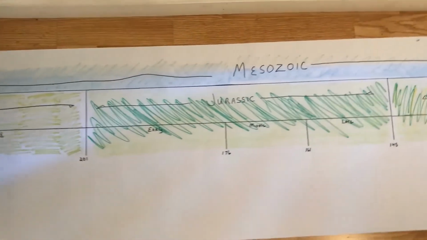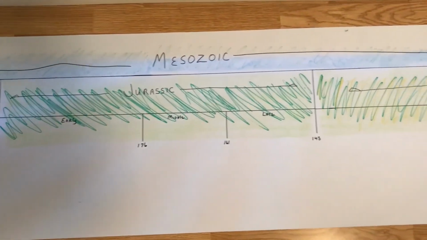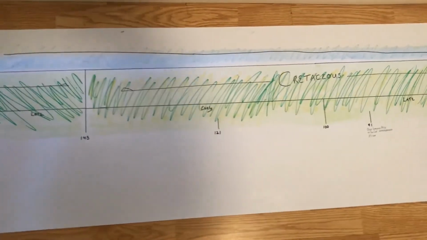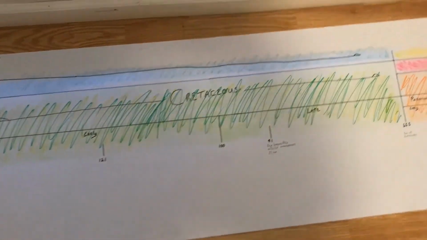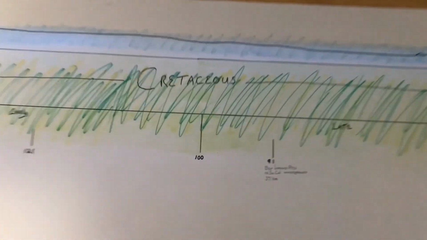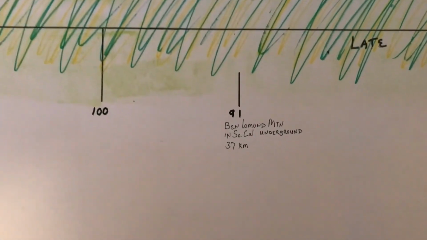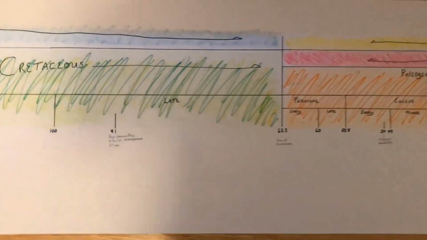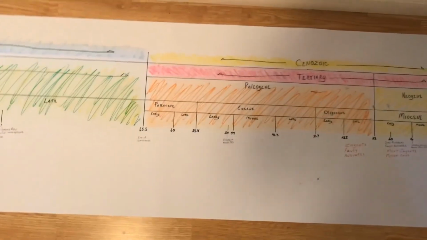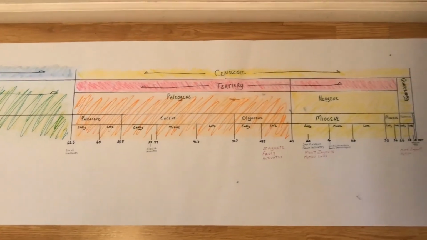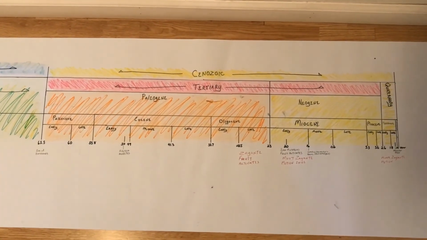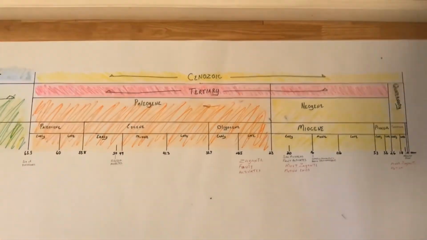And for me to better understand where things are and what happened during those times, so I can put things on here as I learn them, and gives me a better idea of what happened when. So for today's video,